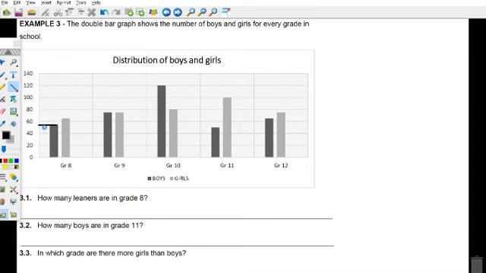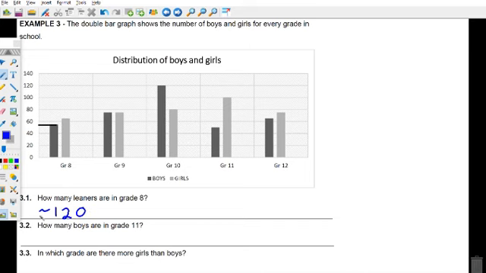So for the number of learners in grade 8, we take the number of boys, roughly about 55, plus number of girls, I'm going to say 65,